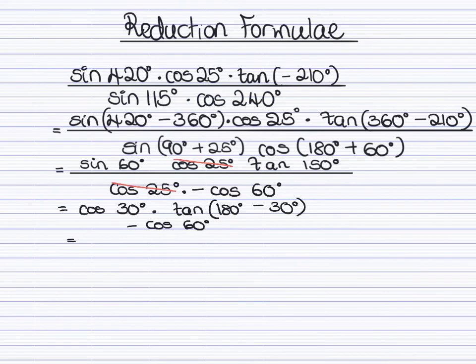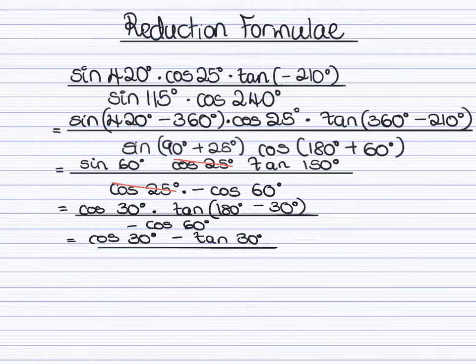Let us further reduce that. Cos 30 degrees in the numerator. Tan of 180 degrees minus 30 reduces to negative tan 30 degrees. Don't forget your division line. Now the cos 60 degrees, okay, in the denominator here, I can actually express that again as a co-ratio or complementary angle, and that then becomes negative sine 30 degrees. Okay,